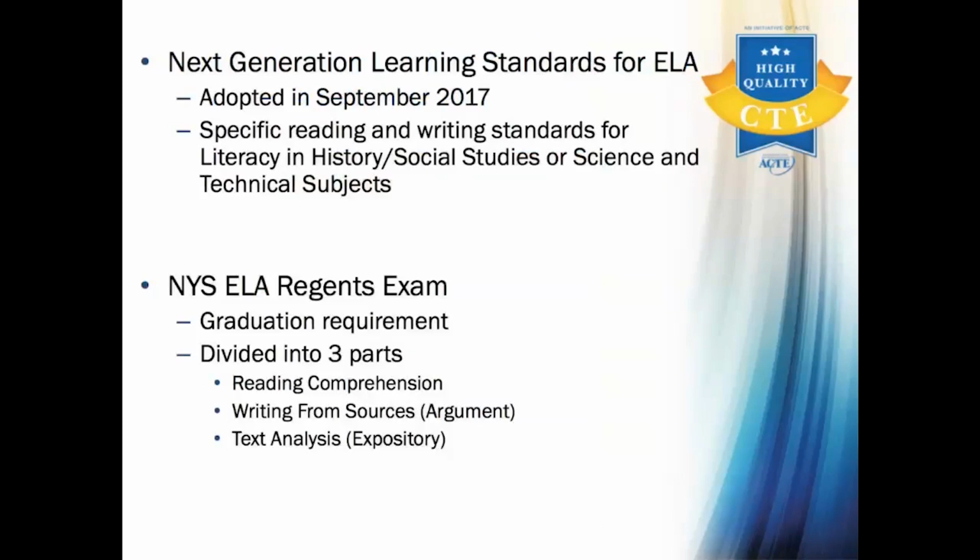As a CTE program, we fall within the standards for literacy and science or technical subjects. Within this section, the reading standards require students to be able to analyze, interpret, assess, and integrate information from age-appropriate or complex texts and other sources. And the writing standards require students to be able to use a variety of writing styles, such as argumentative and